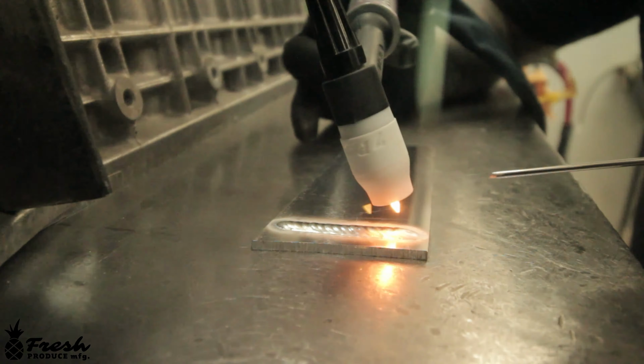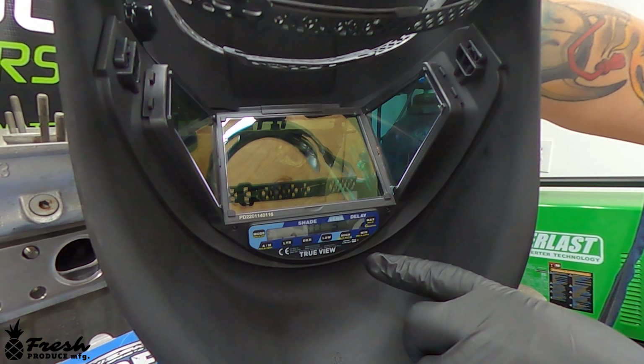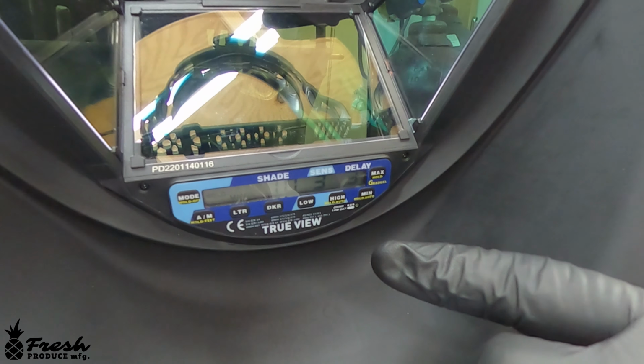On the inside, you'll find this very nice, comfortable headgear. All the controls on the inside to adjust your shade, your sensitivity. You can switch it to grind mode, a few other settings here. Some of the things that come with the mask are going to be a replaceable outside shield, and on the inside, it's got little clear covers that protect the lenses on the inside,